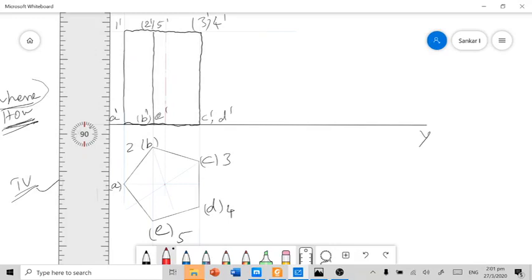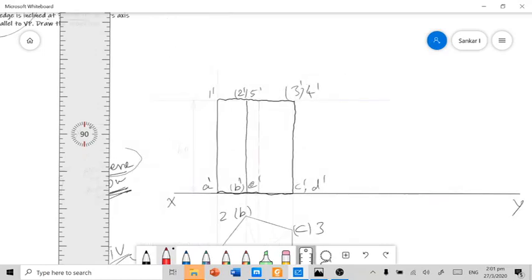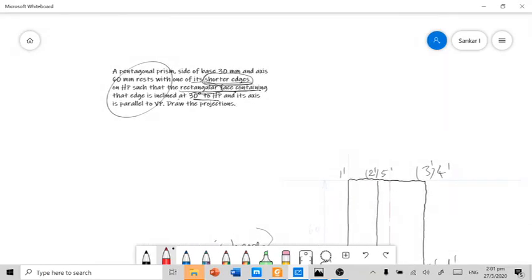And after that we need to draw the third step, that is, we are going to give the inclination of the solid axis or some other edges mentioned in the problem. In the problem the inclination is mentioned with respect to the rectangular face of the resting edge.